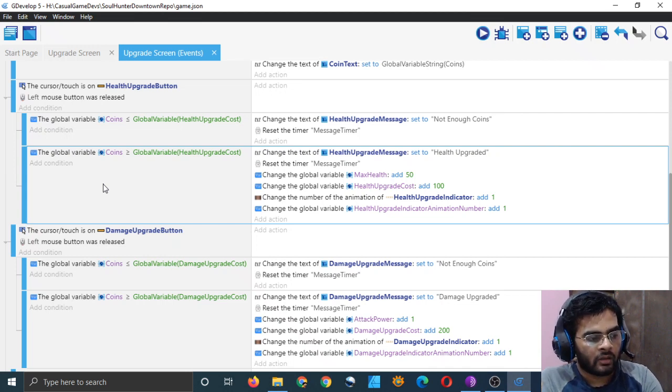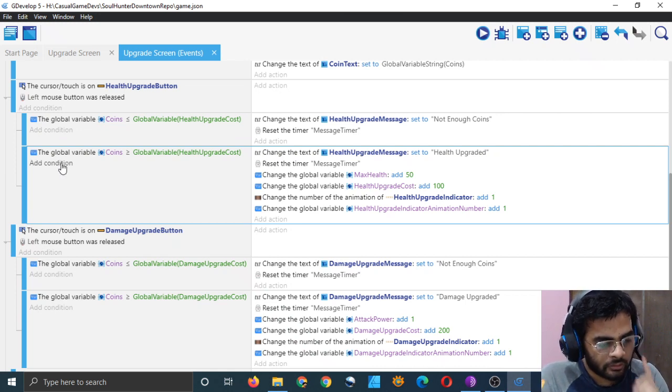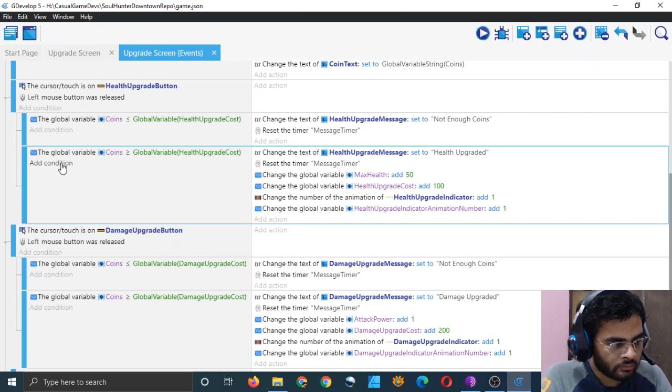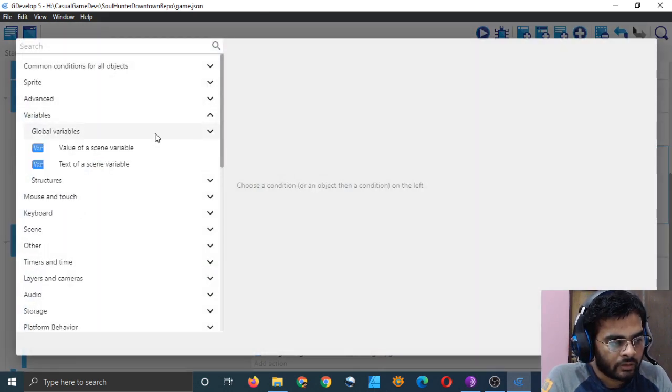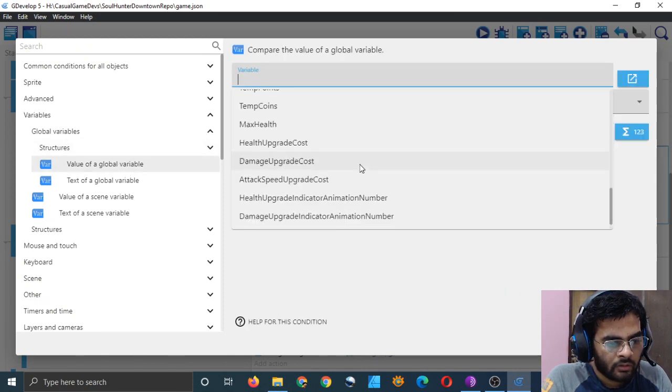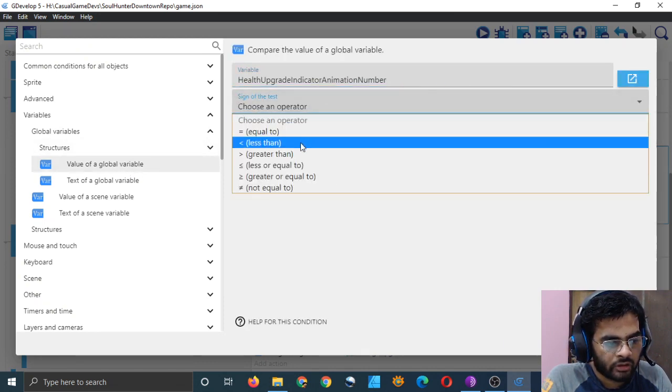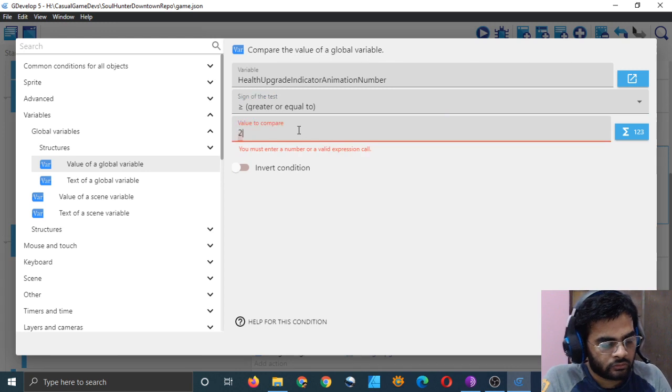right? Let me show you the approach which I am talking about, which you should not do because it's cumbersome. It will increase the amount of code which you have to write. But let me show you what I mean by that. You check the variable number, this one, and check if it is greater than or equal to 2.